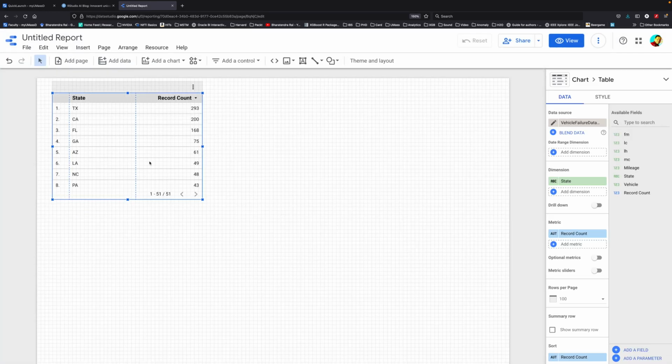By default, this small table is created and this data file has different columns. FM is failure month for the vehicle. LC is labor cost, the amount of dollars paid for the labor. LH is labor hours, like how much time it took the technician to repair the vehicle.